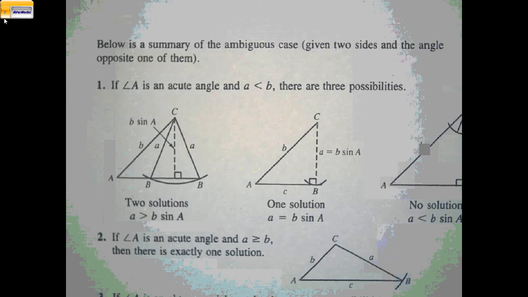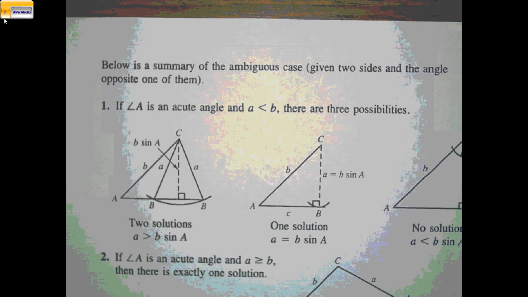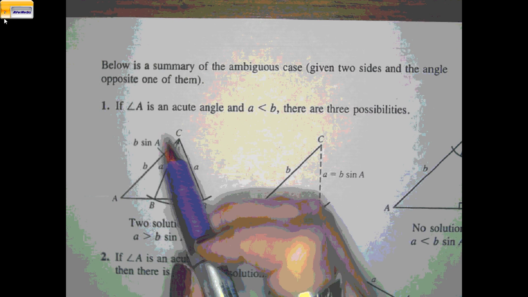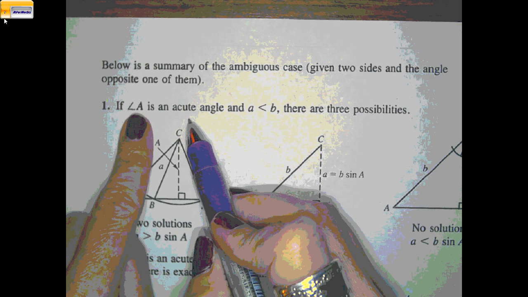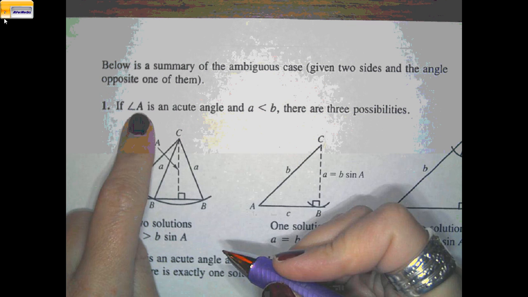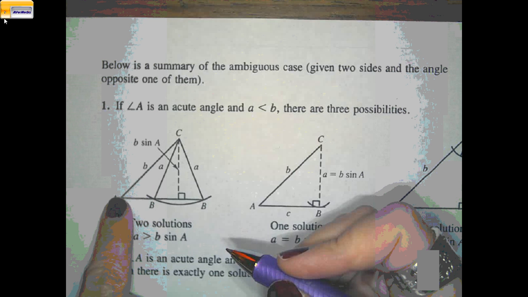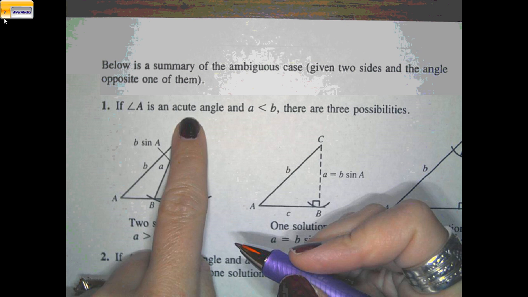So let's take a look at this. This is the summary of the ambiguous case. Ambiguous meaning, we're not really sure what triangle we're looking for. If angle A is acute, so that's the first thing you have to look for. And they're not always going to call it A, by the way. Sometimes it's B, sometimes it's C. It might be a different letter. But whatever angle they give you, I always kind of tuck in this bottom left-hand corner. We're going to call that A. If that's acute,